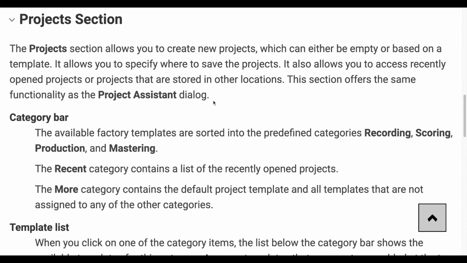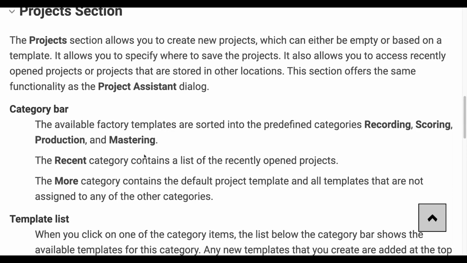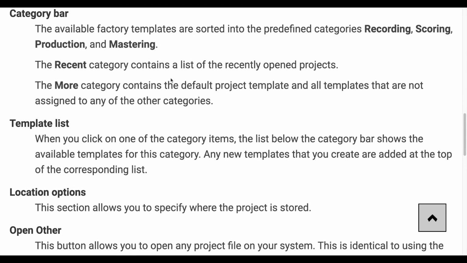This section offers the same functionality as the Project Assistant dialog. Category bar. The available factory templates are sorted into the predefined categories: recording, scoring, production, and mastering. The recent category contains a list of the recently opened projects. The more category contains the default project template and all templates that are not assigned to any of the other